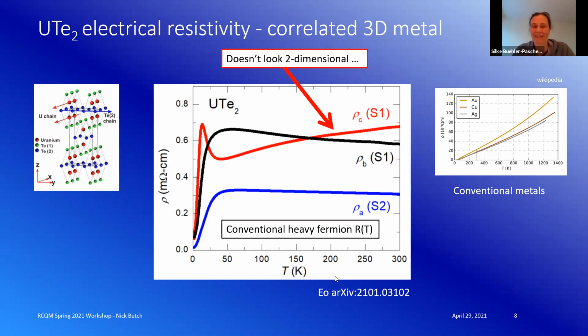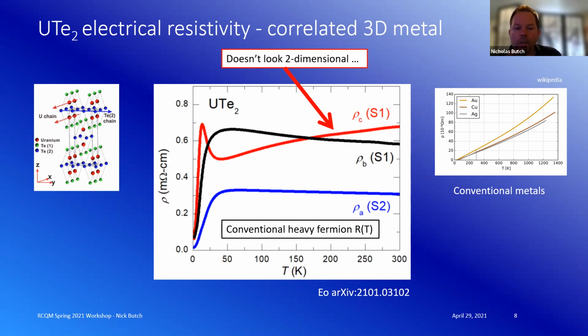So I'm confused. Then you should say that all 3 directions are in the same way heavy fermion, right? Why do you assign the resistivity along one direction as heavy fermion-like and not along all 3? That's confusing. Just because it has this funny little shape there, but yeah, okay, I agree. That is confusing. I'm going to restate it.